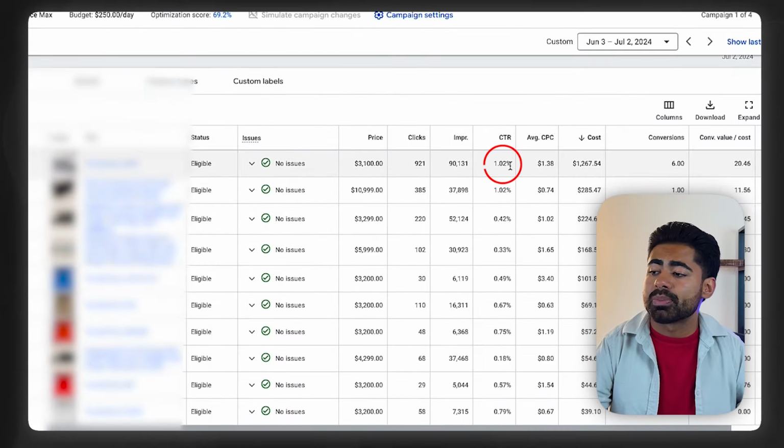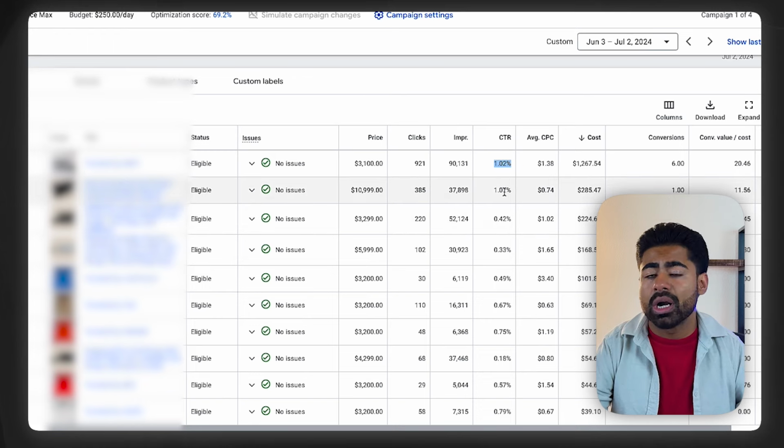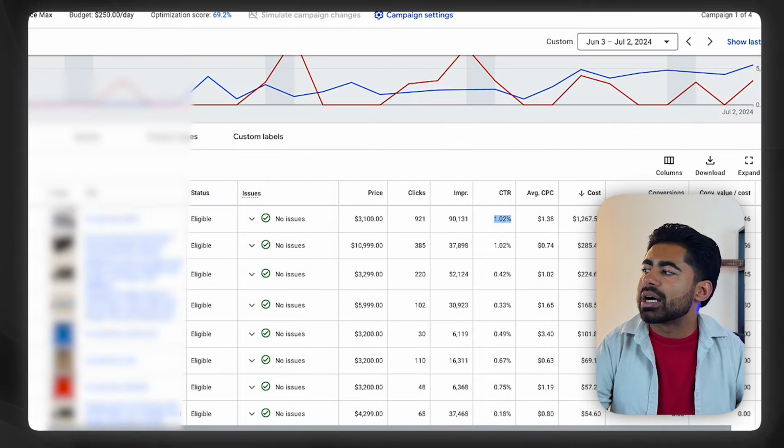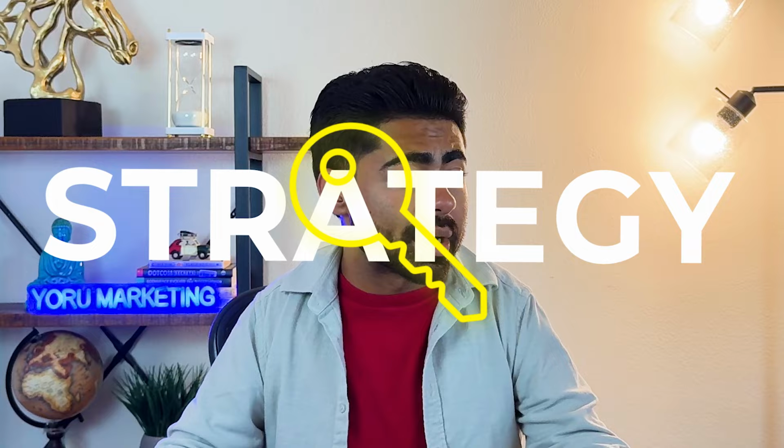I mean, the CTRs blew up to about 1% or above. This was a very big win because just before, barely anybody was even interacting with the brand to begin with. But once we had the product feed in place, then it was time for a Google ad strategy. Now, without the right strategy, none of this would work. That's just the reality. So in order to incorporate a strategy, what we did is we used the previous data which this brand already had, which is something we do for a lot of the brands we handle under my